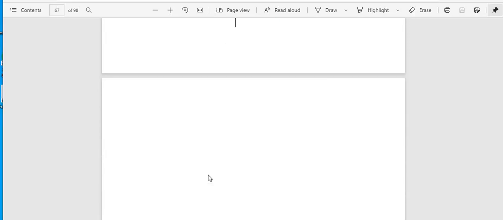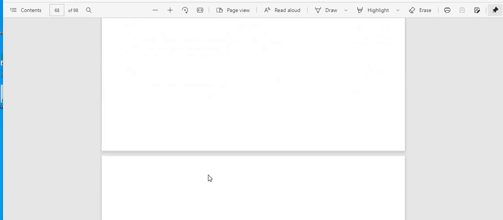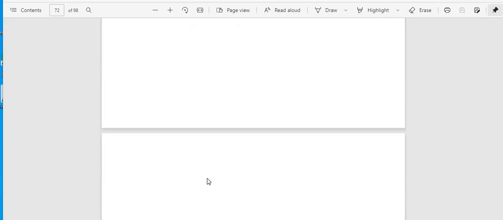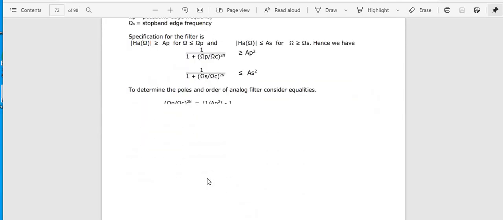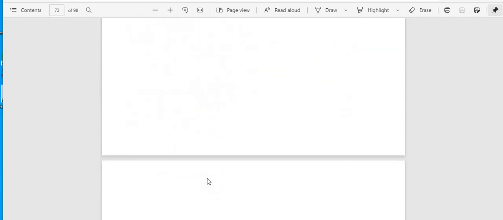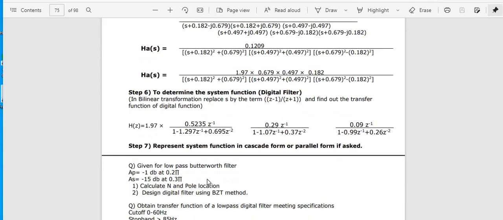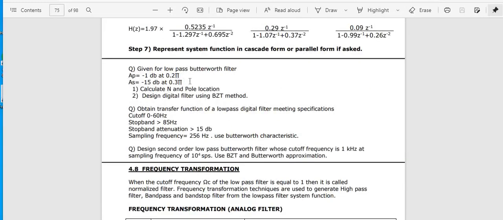So till now we have covered Butterworth and Chebyshev for low pass, high pass and band pass filters as well. That means the Butterworth approximation technique as well as the Chebyshev technique, using both the bilinear transformation and impulse invariance techniques, have been obtained. Clear? So this is the way we can write the answer for it. Next we have to see the next concept related to the same methods. If you want to practice, you can practice this problem.